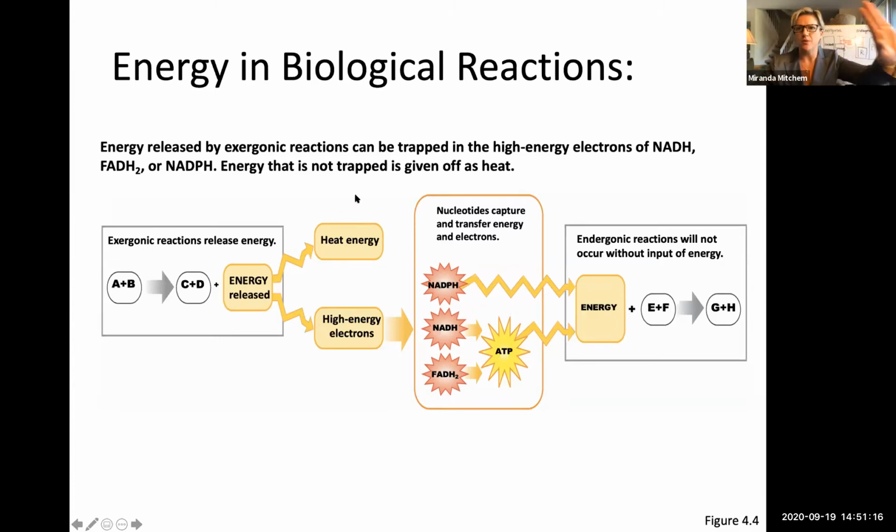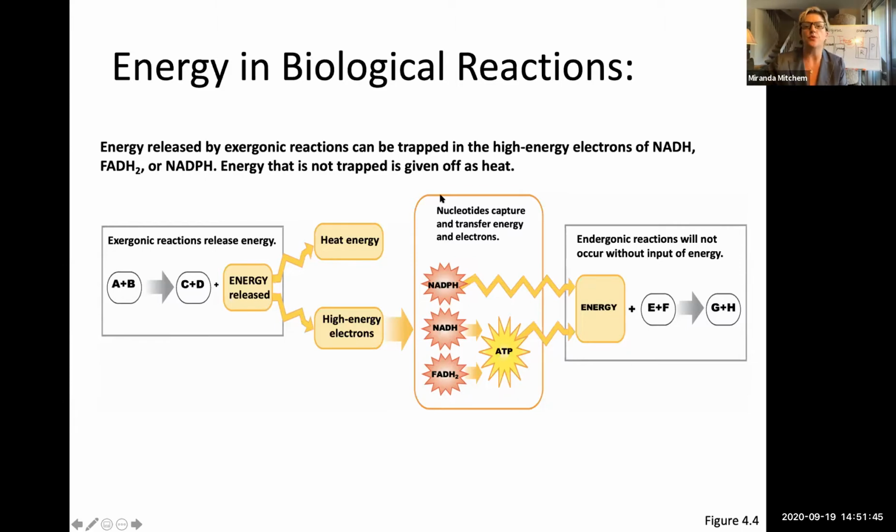So it's lost from this system in the form of heat, but it's still within the overall environment or system of the world. So it still applies to the first law of thermodynamics. But some of it is passed through in the form, as we're going to see, of high energy electrons,